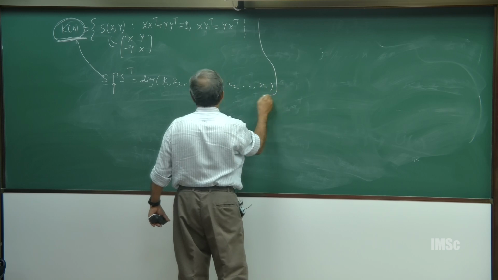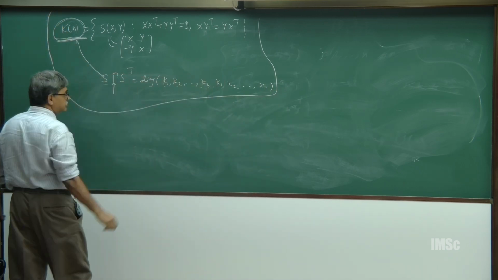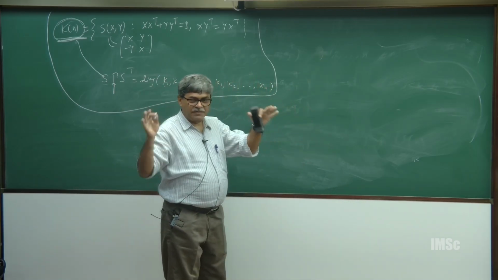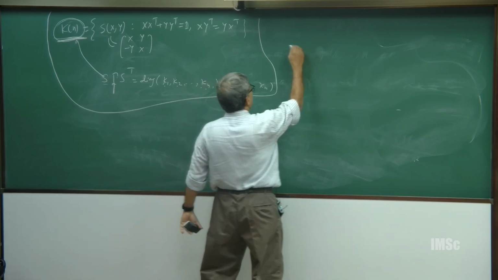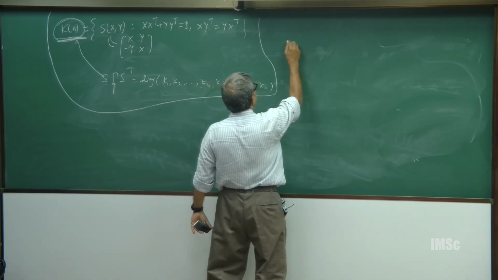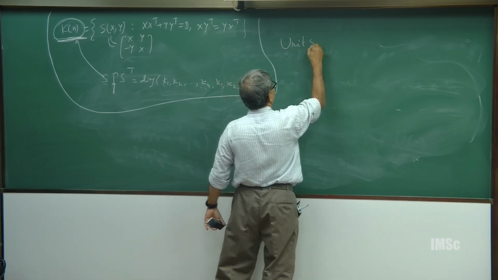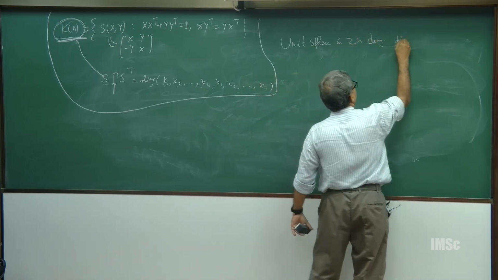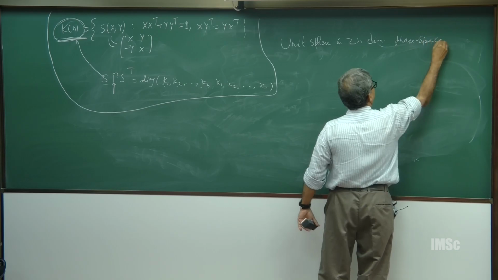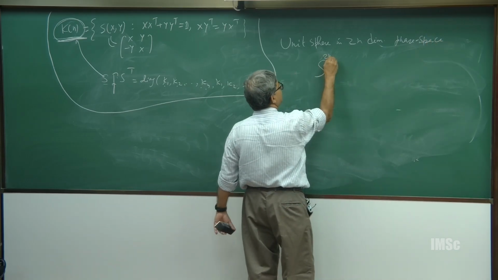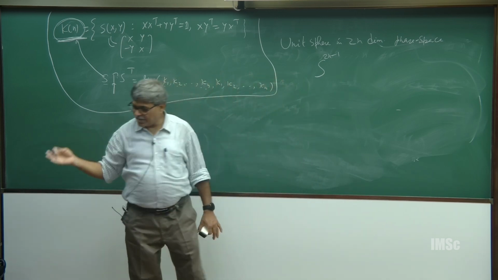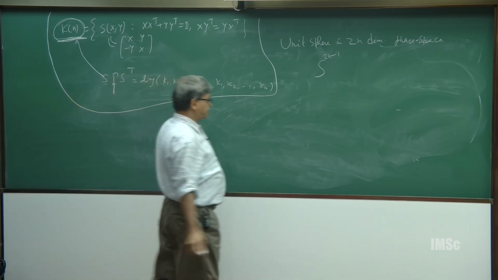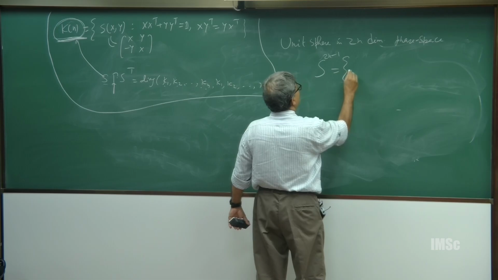So, I am dealing with 2n dimensional phase space. Let me take the unit sphere in 2n dimensional phase space, which we know is S^(2n-1). Like in 3 dimensions your unit sphere is S^2. So, this is S^(2n-1), and S^(2n-1) is the set of vectors